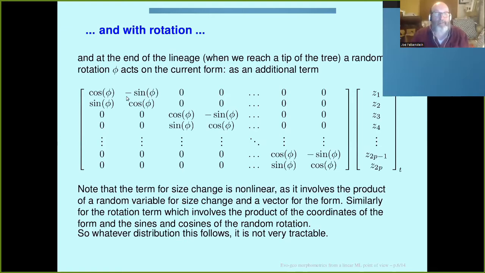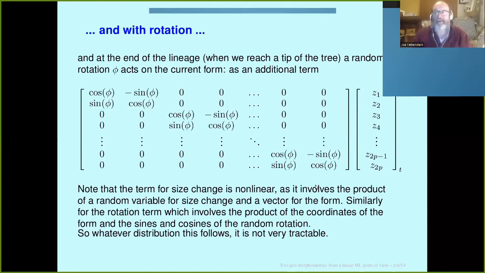Here's a rotation matrix, and basically what it just says is there's some kind of rotation. It's a random variable also. And here's a little 2x2 matrix. That's the rotation of the first two coordinates, the x, y for the first landmark. And here's one for the rotation by the same amount for the second landmark, all the way down through the last landmark. So they're all getting rotated. The vectors that are coming out from the centroids are all rotating by a little bit.